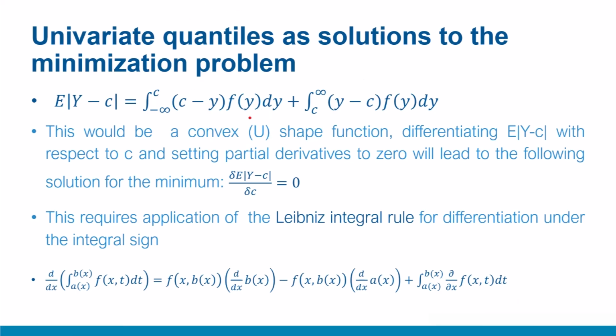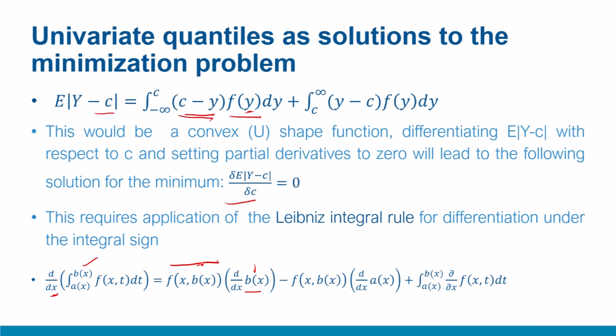Interestingly, f_y is not a function of c. For f_y, there is no c inside. So this will be treated like a constant when you are differentiating with respect to c. The idea is we are minimizing the function for a given center c. So c is our variable. That's why we are differentiating. And again, b(x) here is c itself. So when we differentiate c with respect to c, this value will become 1. And you are left with this f(x, b(x)), which is nothing but c minus y, because b(x) is also c and x is also c. So you are left with this function c minus y only.